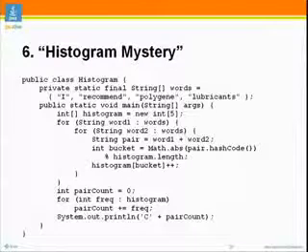Then when we're all done, we add up the contents of the histogram, and we print it out. So I want to know, Bill, what the program prints. All right. So let's see, I recommend Polygiene lubricants. There are 4 of them, doubly nested loops, so there are a total of 16 pairs, including like, I, recommend, and so forth. And for each one, we take the hash code of it, take the absolute value, so we get